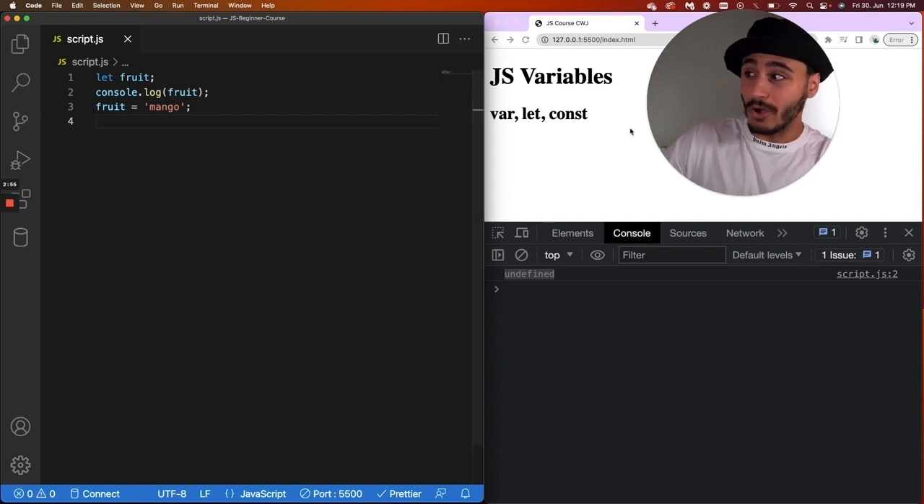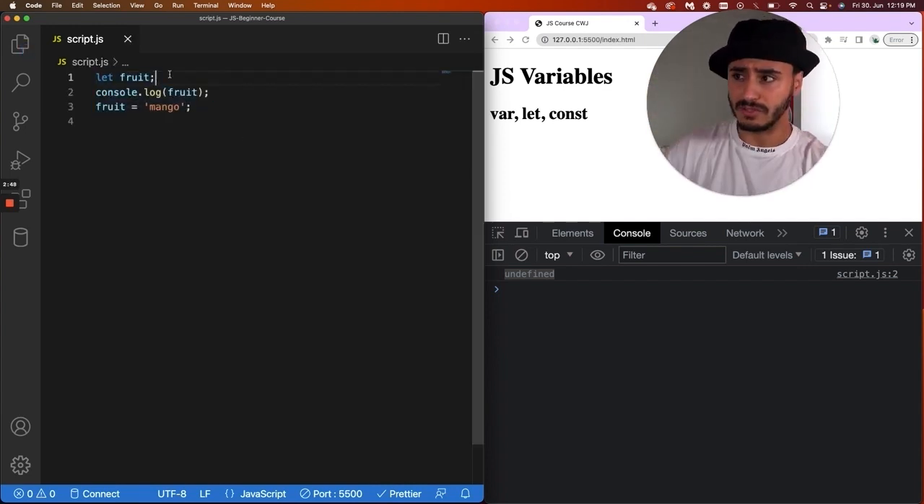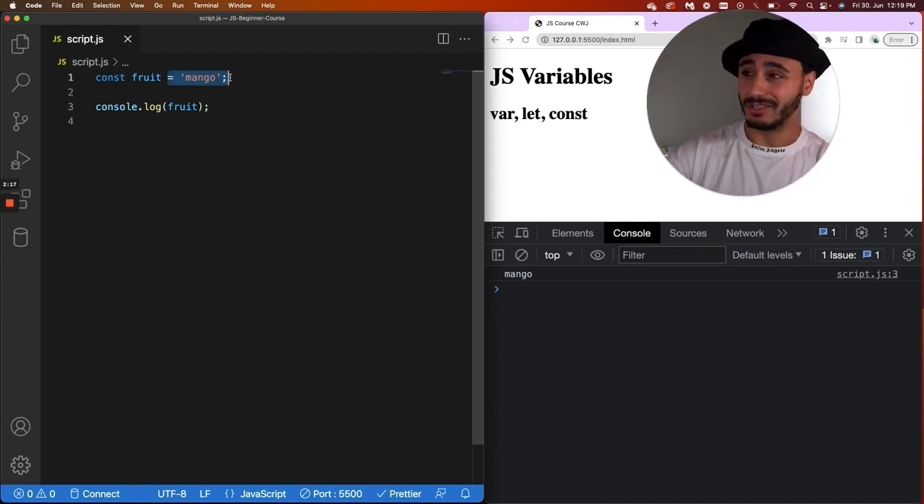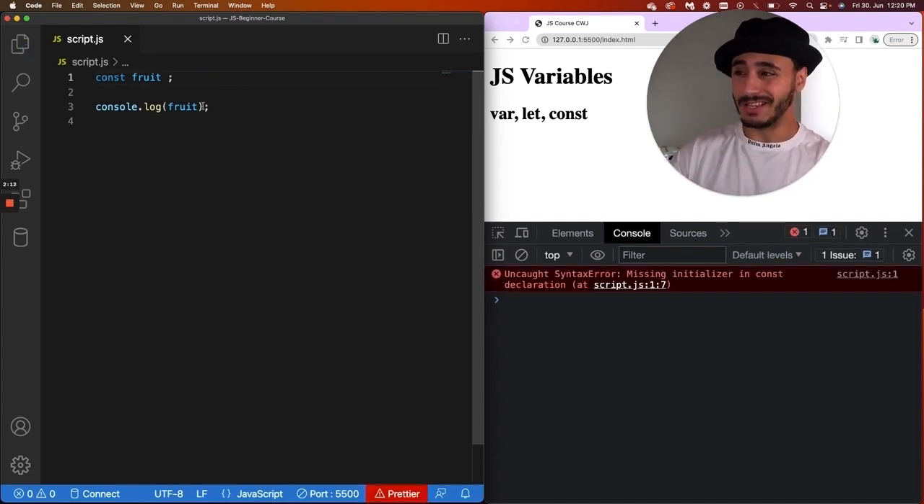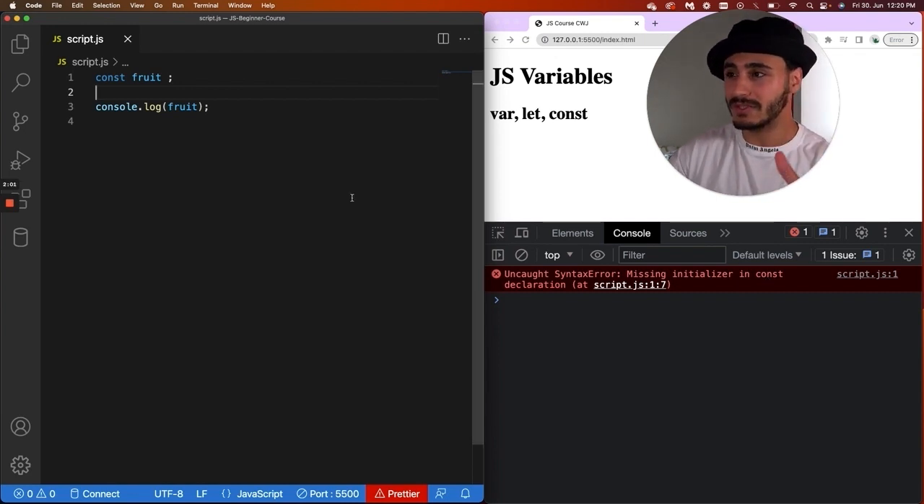So now we covered var, covered let, which makes sense. What the heck is const? Let's cover const together. So const is basically a shortcut for constant. So let's basically declare a variable, which is fruit. Let's declare it mango this time. I love mangoes. So now with constant, you can't just define a variable called fruit without initializing it directly. As you see, missing initializer in const declaration. So you can't declare a variable without initializing it using const,